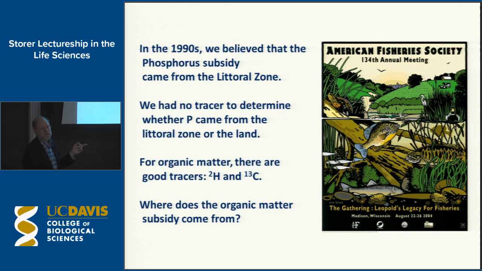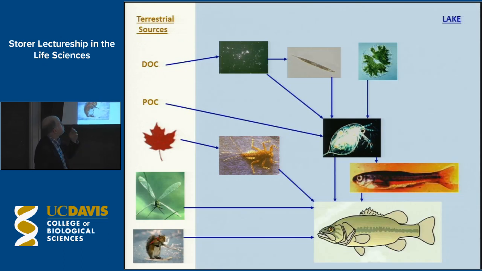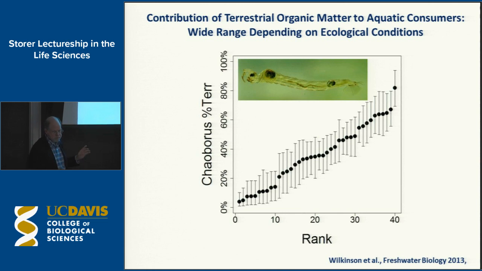There was carbon-13, which is very widely used, and there was a really great tracer, deuterium, which is very strongly different in terrestrial versus aquatic sources. Those allowed us to ask where the organic matter subsidy comes from. Of course, it could come from dissolved organic carbon, particulate organic carbon, or from various terrestrial prey. And we found that actually there's a tremendous range in the terrestrial contribution